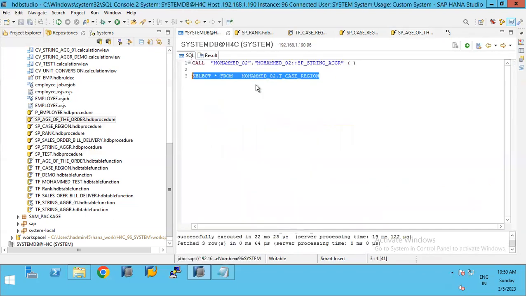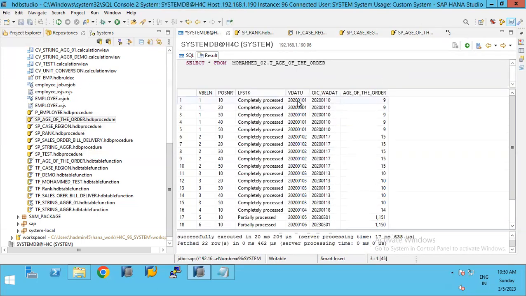So when I select this, you can see the age, or the days between the requested delivery date and goods issue date. Okay. So the last one is